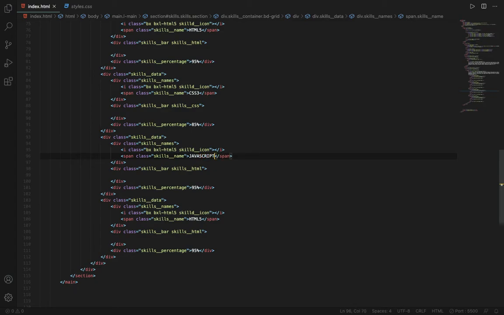JavaScript, and above I will here first change it to JavaScript, CSS3 JavaScript. Then here I will say JS, and the skill percentage will be 65%. After that,